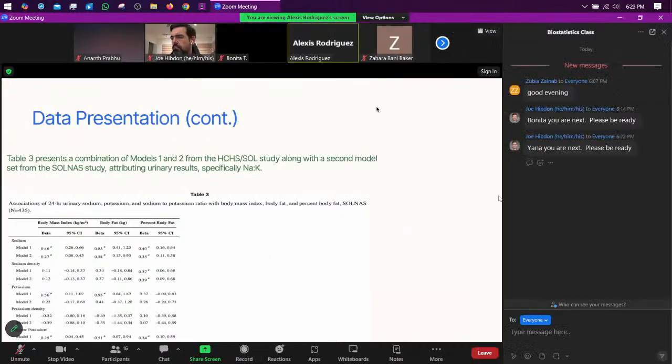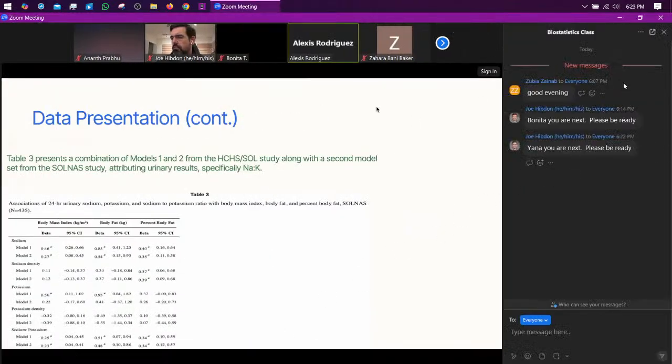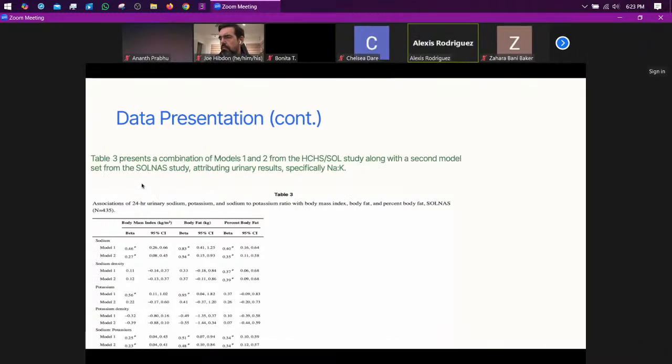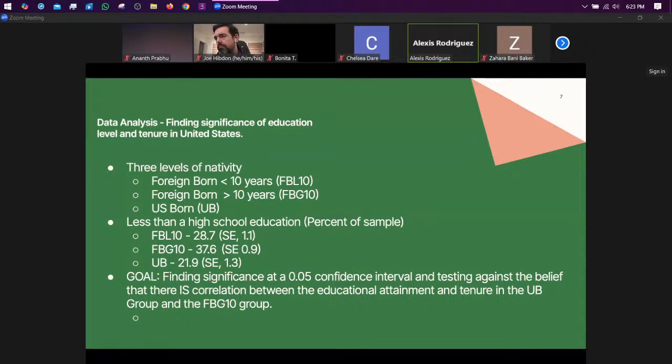And then this is just a further linear regression that pairs it all together, and we can see body mass index, body fat, and percent of body fat, which is thrown against these models for sodium and density. And then model one is made of the first half of the Hispanic Community Health Study characteristics, and then model two is based off the ancillary study characteristics for that sample. And then as far as what we are looking to find